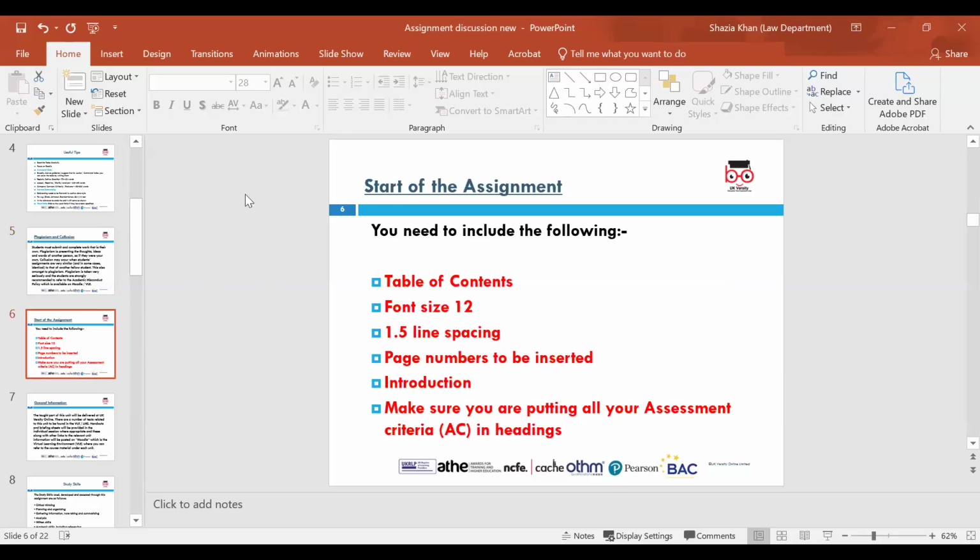So start of the assignment, you need to include a table of contents. Your font size needs to be 12. We said 11 as well. Calibri Arial, 1.5 line spacing, page numbers to be inserted. And at the start of it, you need a brief